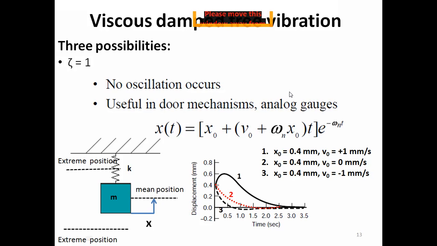And also in analog devices or analog gauges, for example, analog pressure gauges, analog ammeter, voltmeter, wattmeter. By analog, we mean those devices in which we have a needle. Once that device is subjected to a transient input, the needle moves suddenly. For the needle, we have a damping mechanism. There is a cylinder and there is a plunger. There is a damping mechanism inside that.